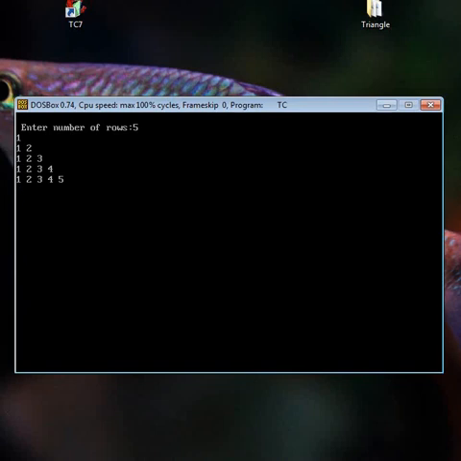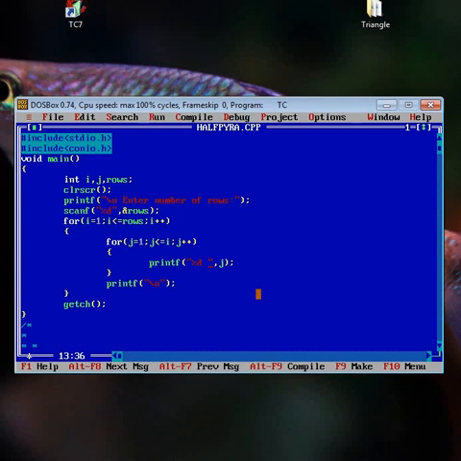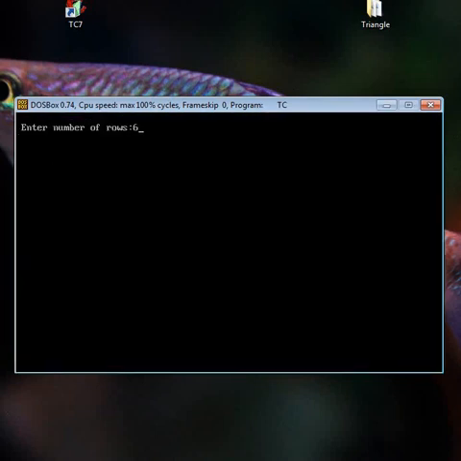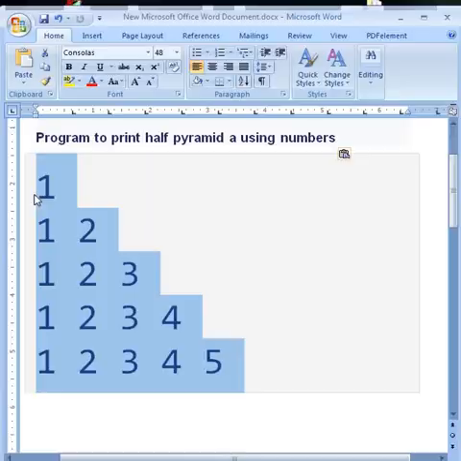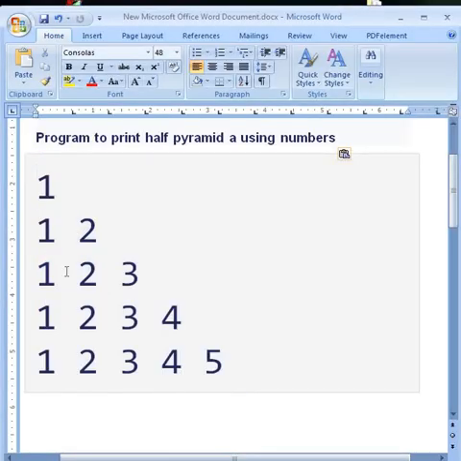So 1, 1 2, 1 2 3, 1 2 3 4, 1 2 3 4 5. For 6 rows you can check: 1 2 3 4 5 6, like that. So that is the desired output which we want to build.